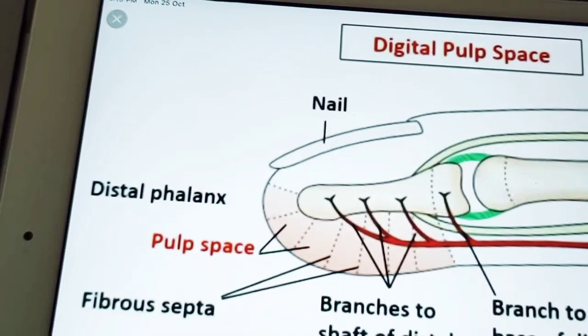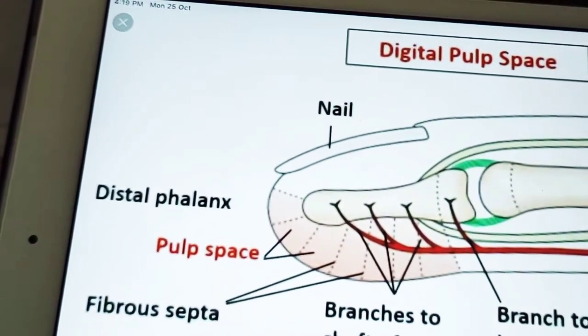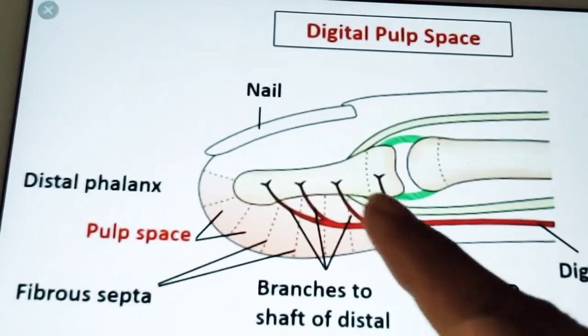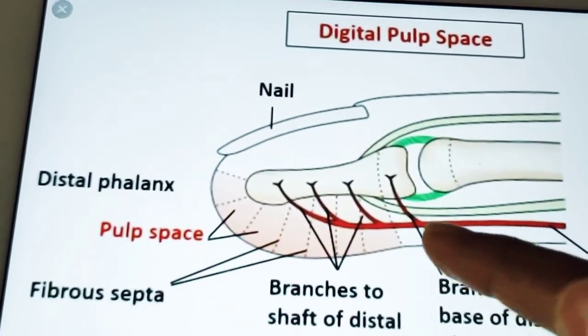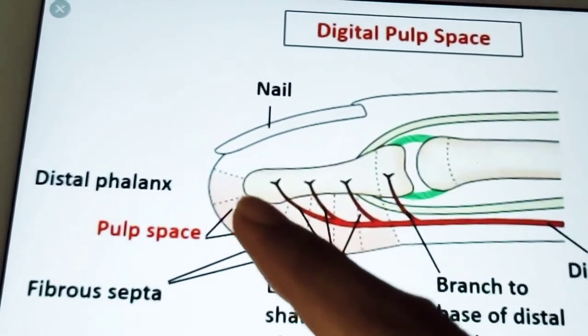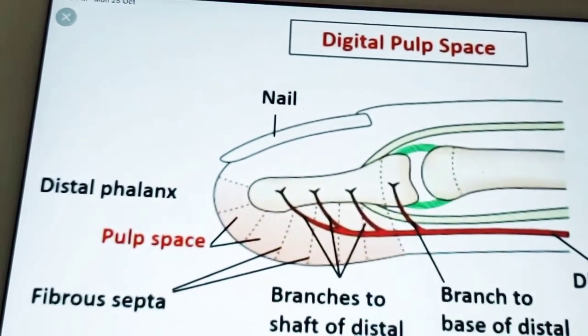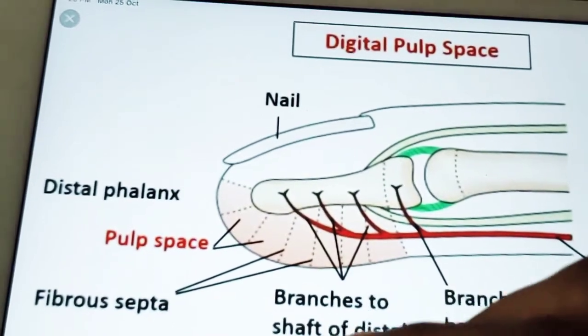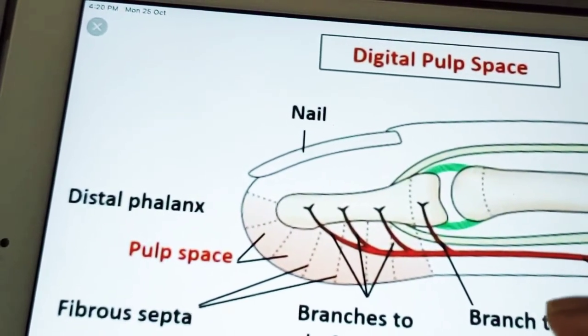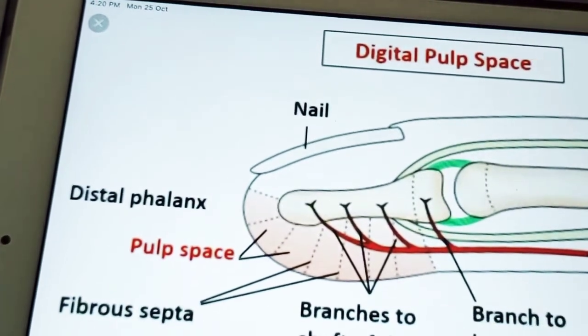The proximal 1/5 epiphysis escapes because its artery doesn't traverse the fibrous septa. If you see, it has a separate artery which doesn't traverse the fibrous septa, so this part will escape, but the distal 4/5 will be affected by necrosis if there is neglect of this Whitlow or the pulp space infection.